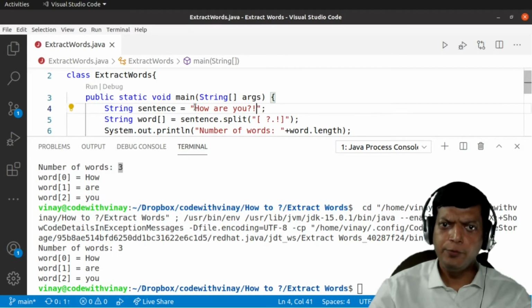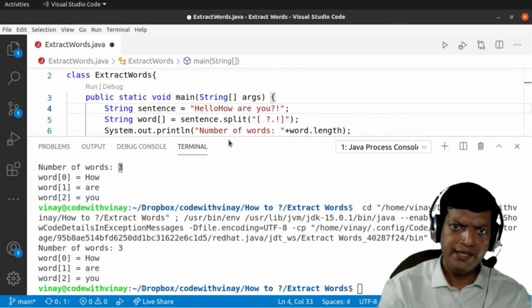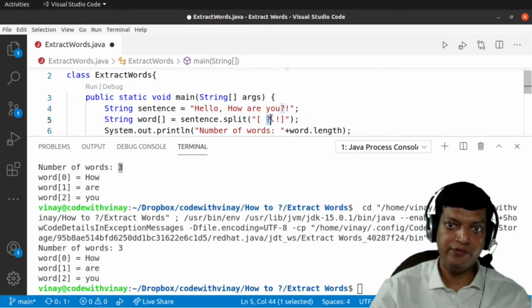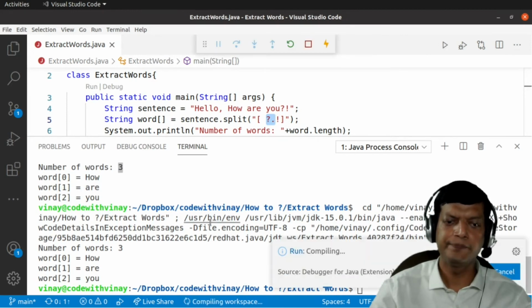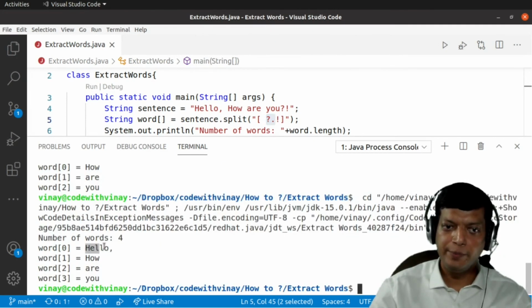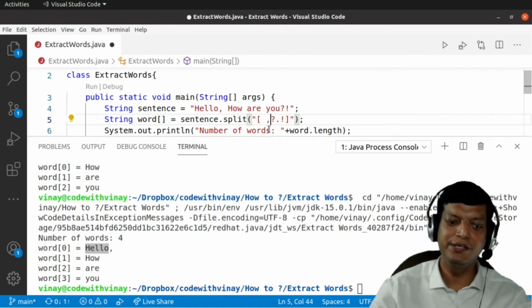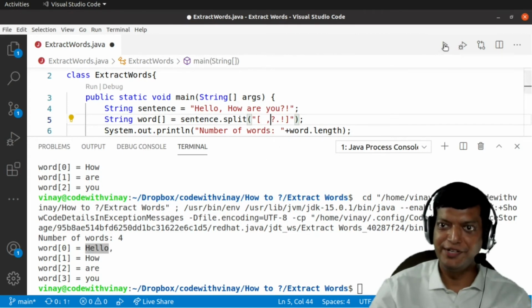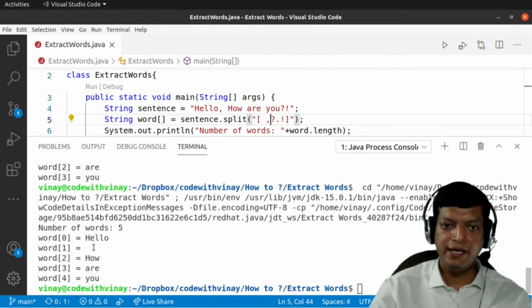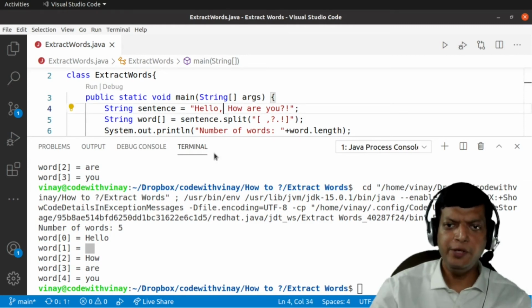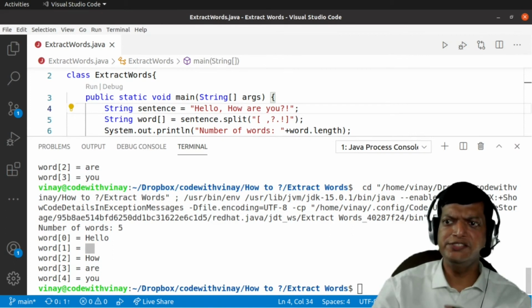In fact, if we want, we can say, like for example, hello, how are you? But now if I run it, please note there is a comma, and we haven't given comma as a separator. So now if I run it, comma is becoming part of the word. And as you might have guessed by now, if I add a comma over here, comma will also not become part of the word now. So now if I run it once more, we are getting hello, how are you, but there is a blank over here. Why? Because computer split it on this comma as well as the space, and that's why there's a blank element in between.